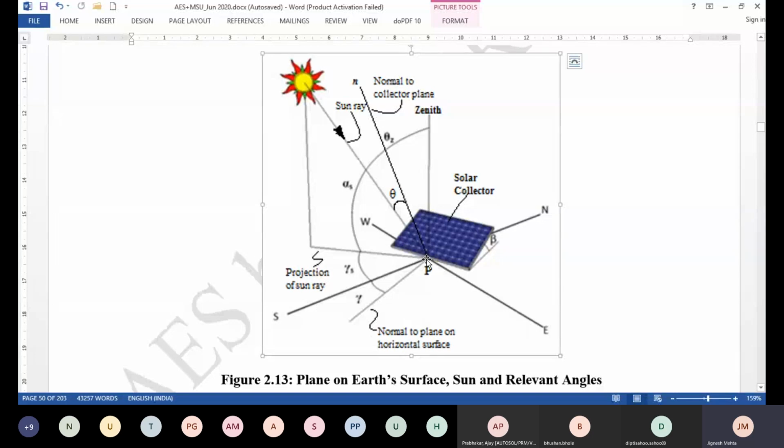So in that case, this angle gamma would be equal to 0. Okay, but this tilt and this angle are two different things, right? You can put it at an angle beta, but then you can rotate it about that, right? You can rotate it about that,